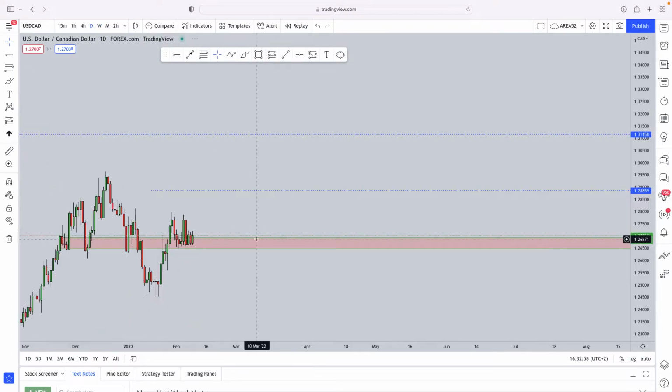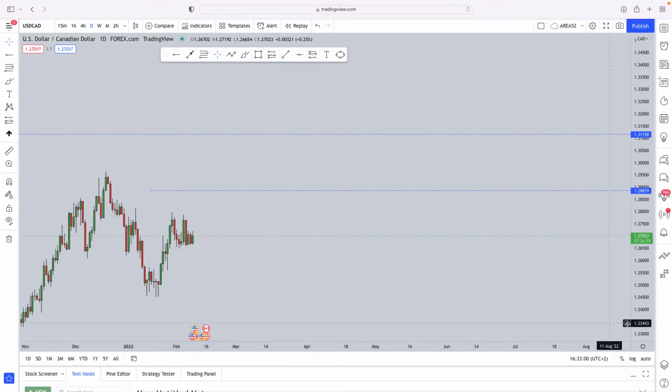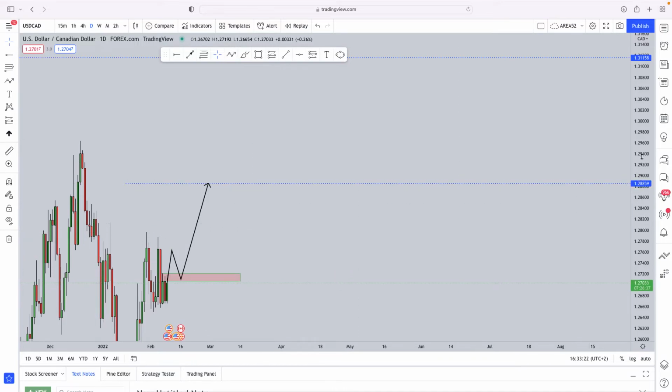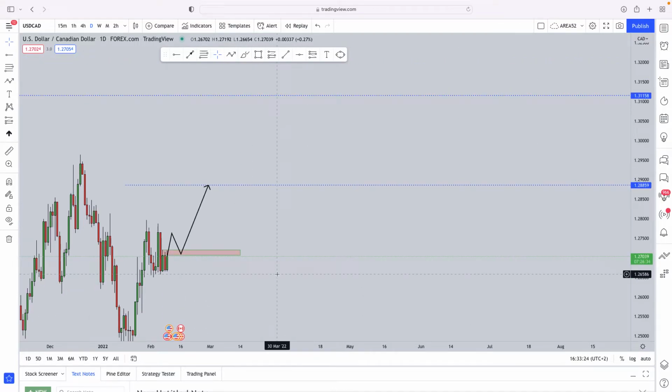Now from a daily perspective, what do we have? On the daily time frame, we know that the market was consolidating, and we can also see how the market had tested this very strong level of resistance. The market now has the potential to print this W formation, and after that we could potentially see the continuation to the upside. As we have it now, this is acting as a level of resistance. What we need to wait for is a clear break above that level. Then on the retest, start looking for buying opportunities for the market to hit the minus 27 from a monthly perspective.